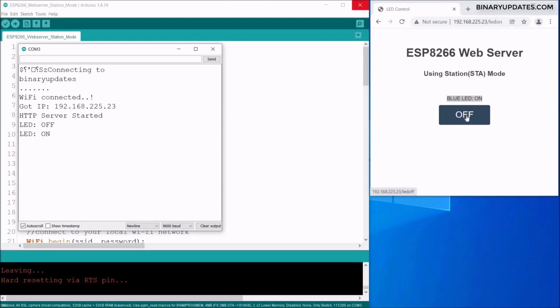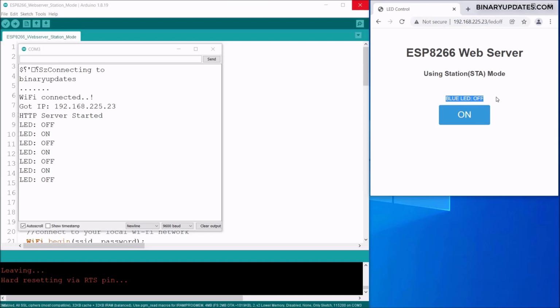Look at this. Let me press the off button. When I press the off button, you see it dynamically changed the URL, so it sends the request to the IP address /LED off, and it changed the label to off, and the LED turns off. So you can press this button on and off randomly, and you see the LED turns on and off, because this URL gets sent in the form of a request to the web server, which is running on the NodeMCU ESP8266, and we receive the response back, 200 OK,